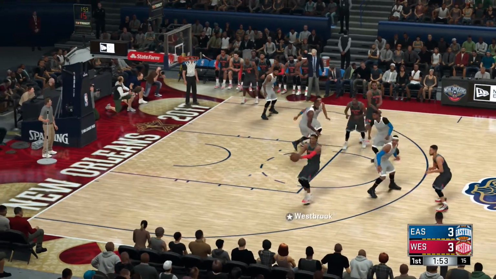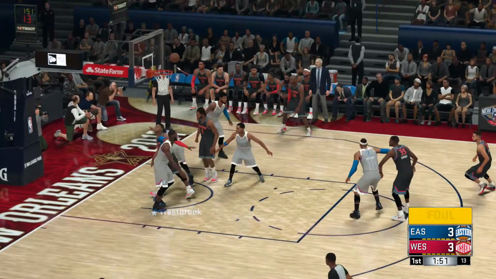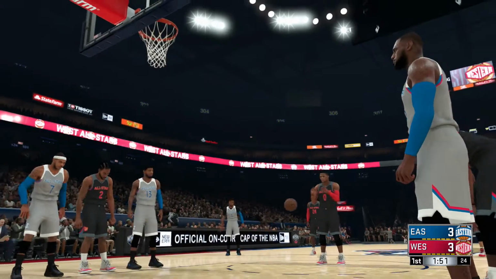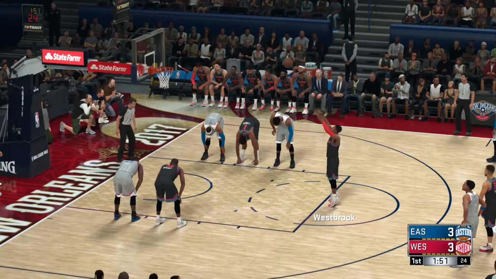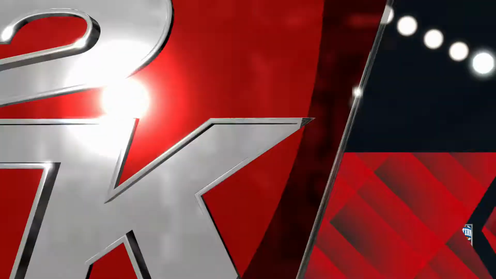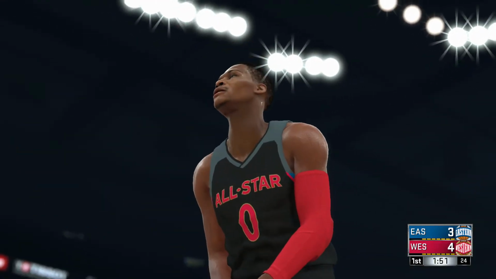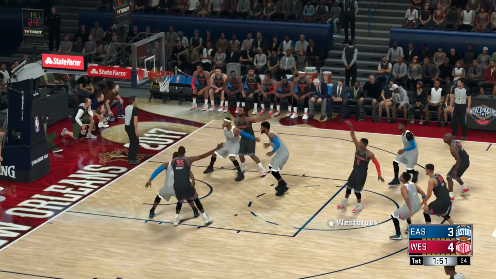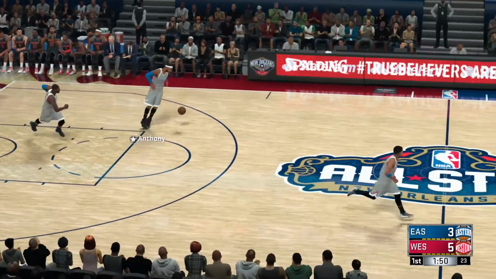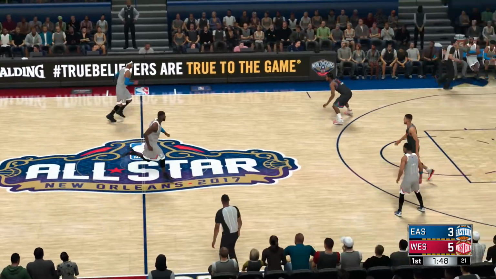Leonard sets a screen for Curry. Here's Westbrook. And he's fouled pretty hard on that shot, but he's got the chance to pick up the points at the line. That's on Dwayne Wade. And you know what? You allow a guy to get right to the rim like that, that's your only option. Yeah, exactly. I mean, free throws are always better than a layup, so I'd agree with you there, Greg. Just solid. Really one of the very best there is at the free throw line.